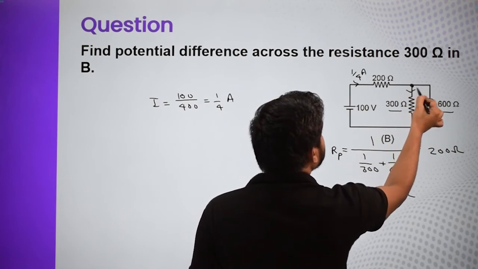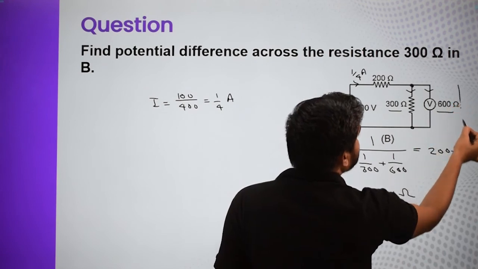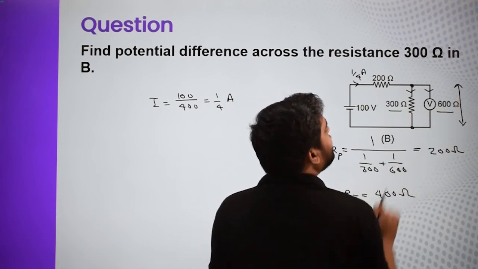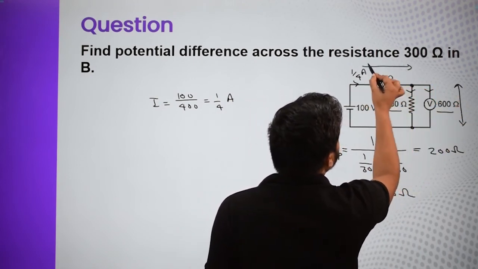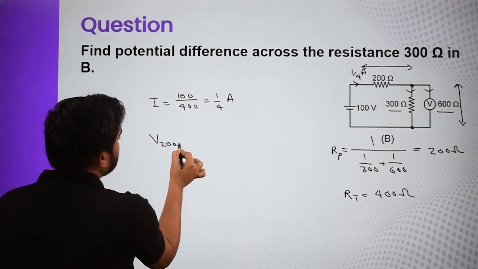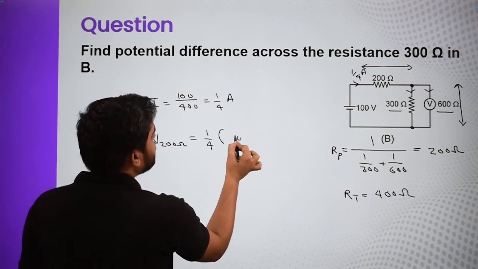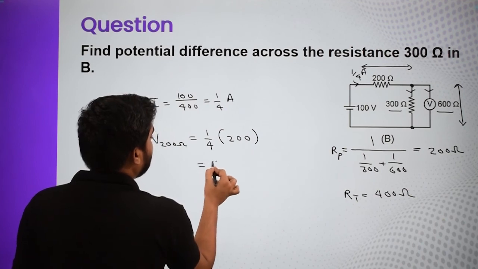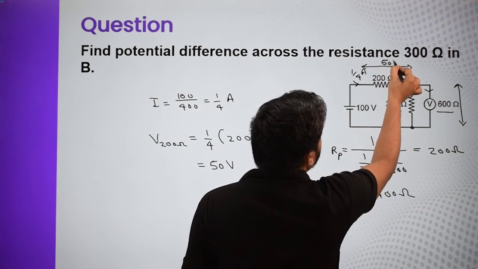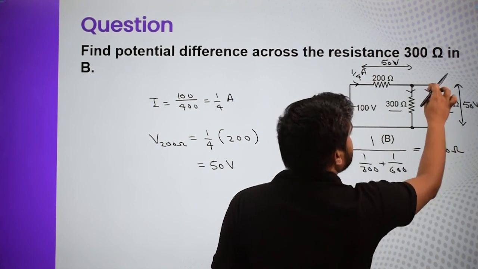So from here 1 by 4 ampere current is basically going. So here the current has to split. So what I have to get is the potential difference across these 2 points, or potential difference across this or this, which is the same. So that is what I need to get. What I am going to do is find the potential difference across this 200 ohm. So what is the potential difference across 200 ohm? That is the current in 200 ohm, that is 1/4 ampere, and the resistance of 200 ohm. So we get 50 volt. Now 50 volt has been utilized by 200 ohm. So the rest of the 50 volt will be the potential difference across this or this.